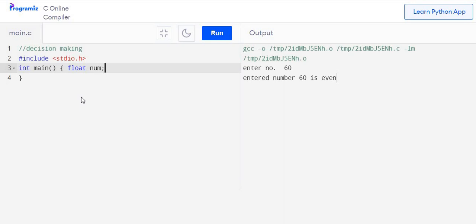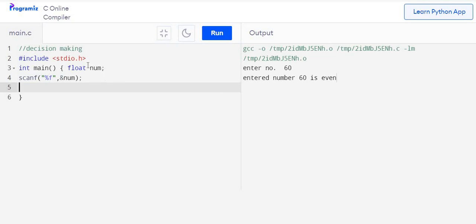User will enter the number, so scanf %f and user will enter the number as num. In case of scanf we need here ampersand as the address, as the syntax. Remember this. Now we have got the number.